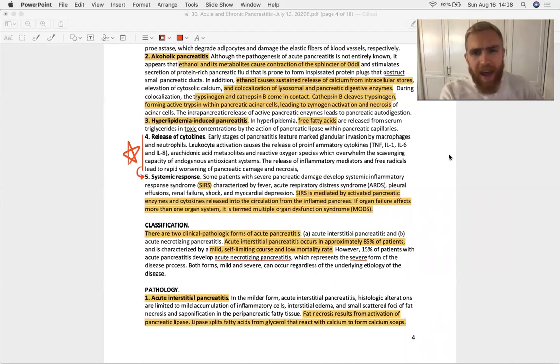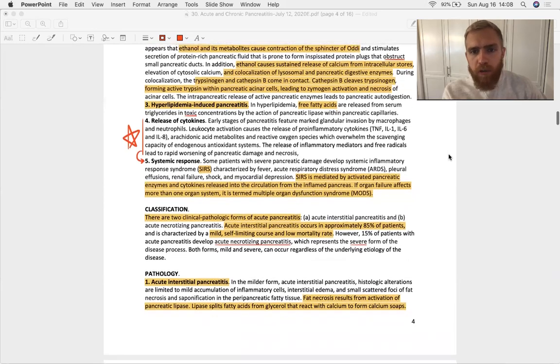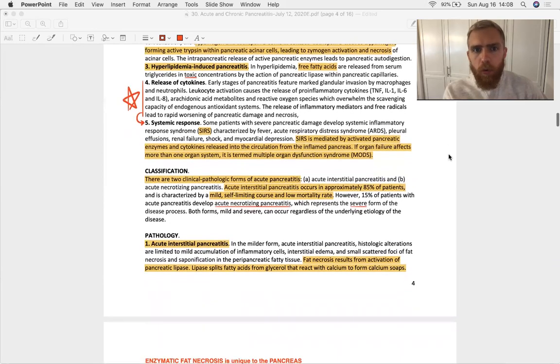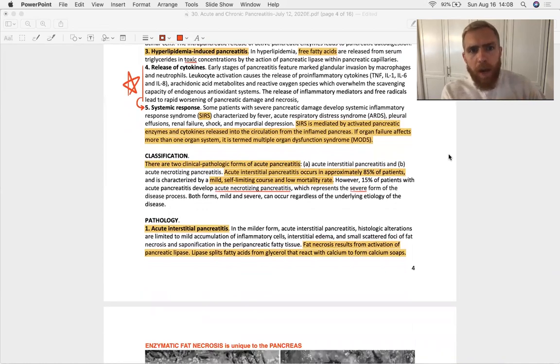A little bit more about cathepsin B cleaving trypsinogen. So cathepsin B is involved in that pathway of trypsin activation. And it's pretty focal, I would say. So recognizing the role of cathepsin B within that whole pathway helps your overall understanding. Probably not testable, but work your way through it. Hyperlipidemia-induced pancreatitis. We looked at this. Free fatty acids are cytotoxic. And finally, we get to